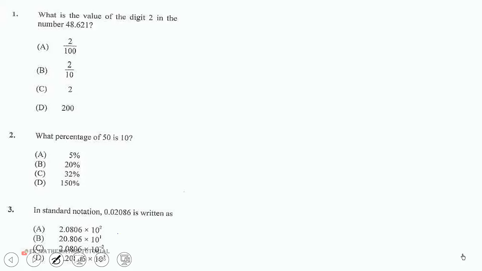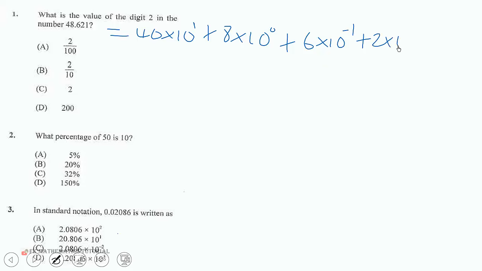What is the value of the digit 2 in the number 48.621? So this number can be rewritten as 4 times 10 exponent 1 plus 8 times 10 exponent 0 plus 6 times 10 exponent negative 1 plus 2 times 10 exponent negative 2 plus 1 times 10 exponent negative 3, or